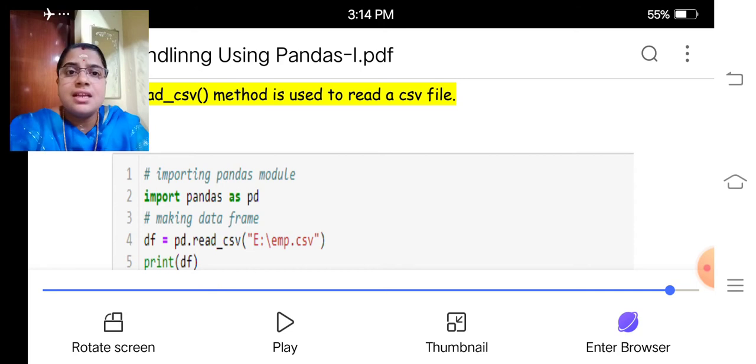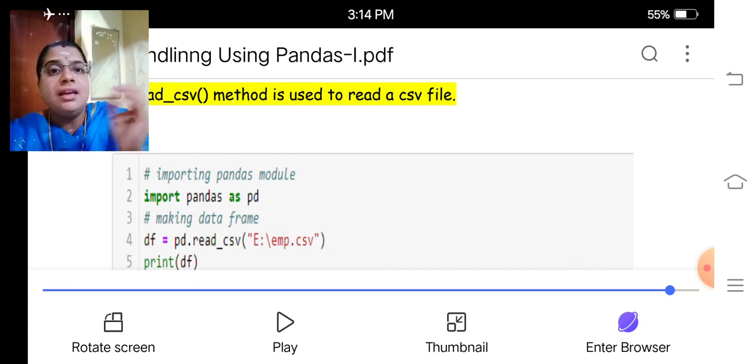Here I used read_csv and then I included the path or the file name with the path where we have stored the Excel file. Then it's very easy. We can easily import. Reading means importing, getting into the program, reading into the program.